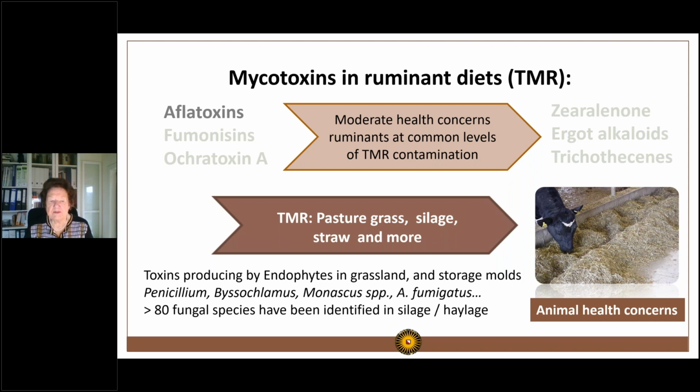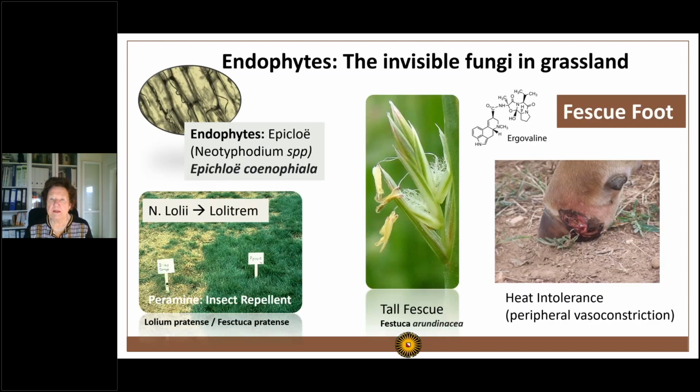We have in principle more than 80 fungal species that we can identify in silage and in haylage, so preserved feed material, and the origin of these is soil. They are in principle entering at the harvest stage when the material that is harvested is contaminated with soil. These fungal species can enter the silage and then can propagate within the silage during storage. And this I will explain in a little more detail, but before I start, I have to go back